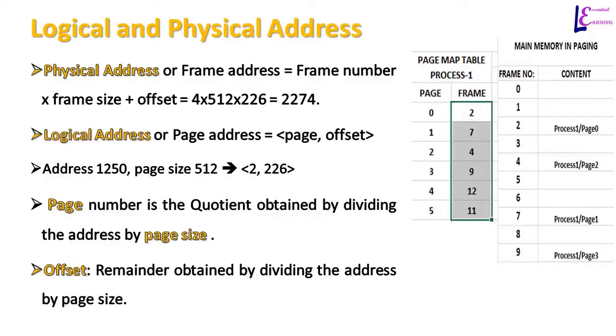For example, a logical address of 1250 with a page size of 512 bytes will be written as 2, 226. And if you want to convert this logical address into a physical address, according to the page map table on the right, we can see that page number 2 is stored in frame 4 of the memory. Let's assume the frame size is 512 as well. So the physical address will be frame number multiplied by frame size plus offset, that is 4 multiplied by 512 plus 226, which is equal to